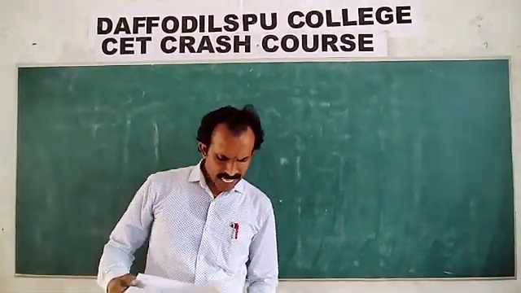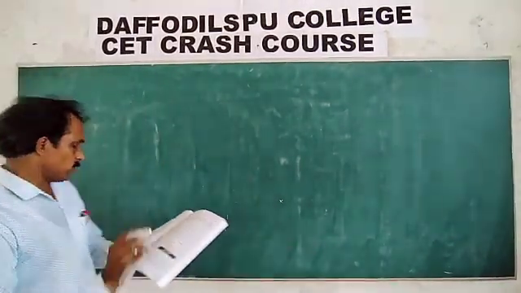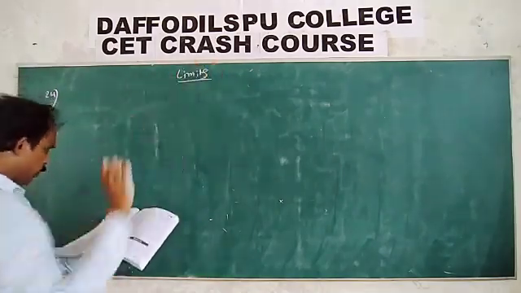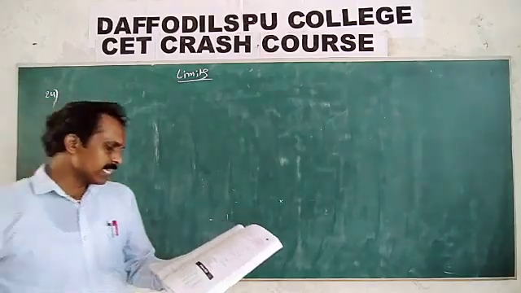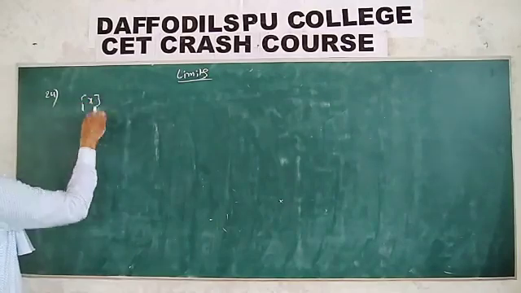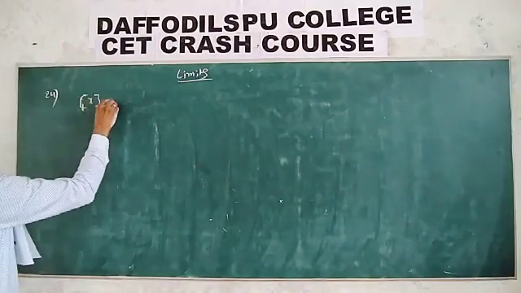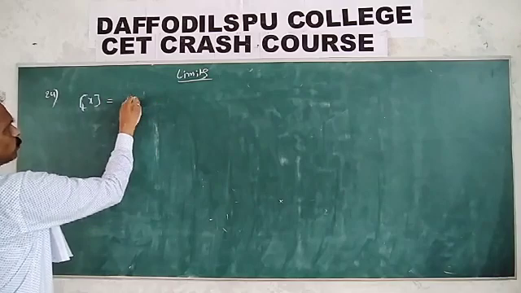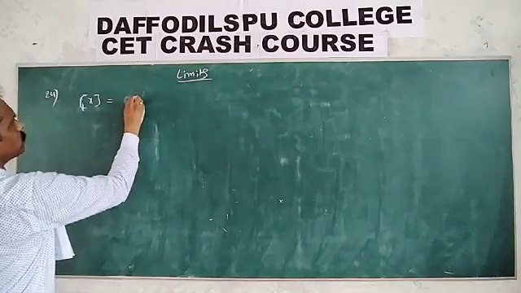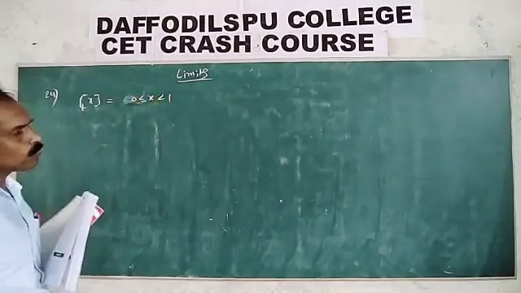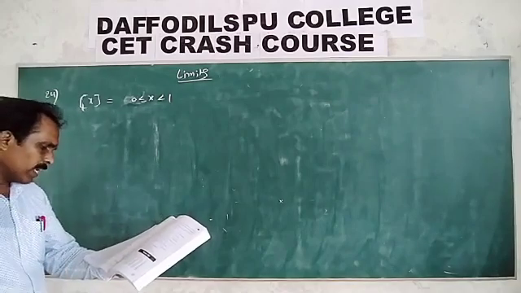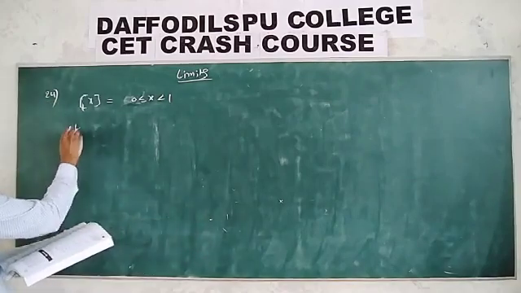Okay. Next, 24. Step x, the greatest integer function, is less than or equal to x. I already told you students. Step x is equal to, suppose, 0 less than or equal to x less than 1, for example, when x lies between 0 and 1. For any real number else, then limit n tends to